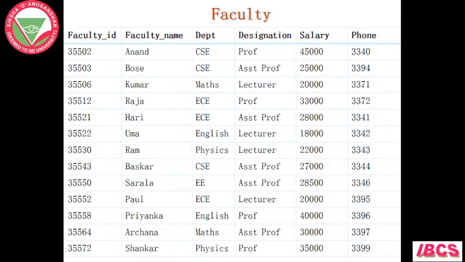So here is a relation faculty which has got 6 attributes or 6 columns: faculty ID, faculty name, department, designation, salary and phone number. Now obviously the column on which you can carry out the aggregate function is the salary, because faculty ID, though it is a number, is not relevant to calculate on, and on phone number we cannot do any calculation. So the only column or attribute on which we can carry out the aggregate function is salary.